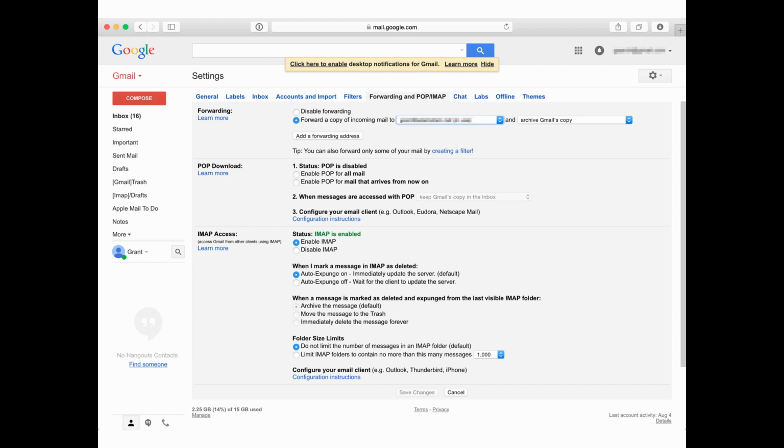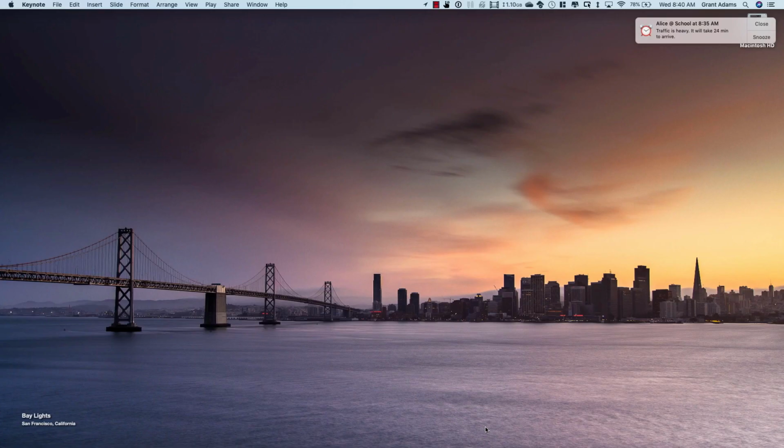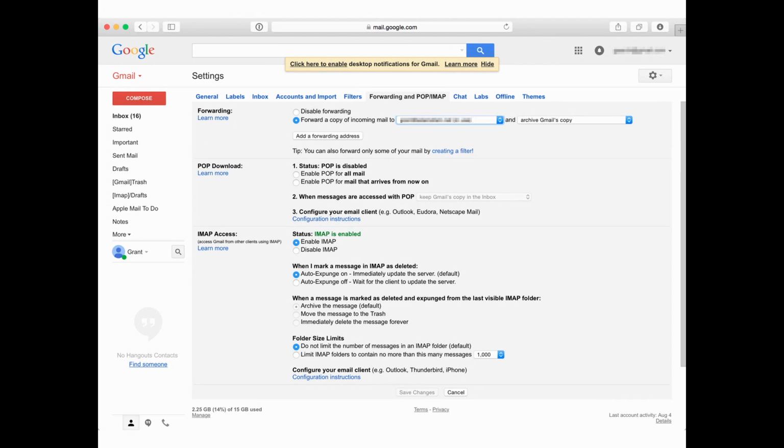So when you go to forward your email, this is Gmail's way of forwarding. All of the email clients are a little bit different. In this one, you're going to go to your settings, and you're going to look under forwarding and POP/IMAP settings. The first option here is to forward a copy of your incoming mail, and you'll be able to specify what email address you want to have it sent to. It's blurred out here, so you don't have all my email addresses, but you get the idea. You can have it sent to something, and then tell it what to do with it afterward. Pretty easy to set up, and once it's done, all your email just comes into the other account.